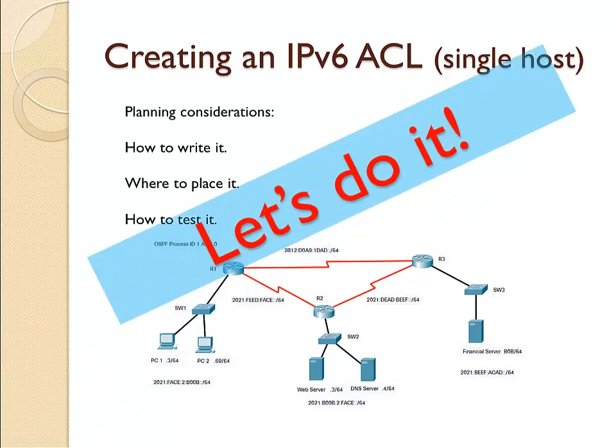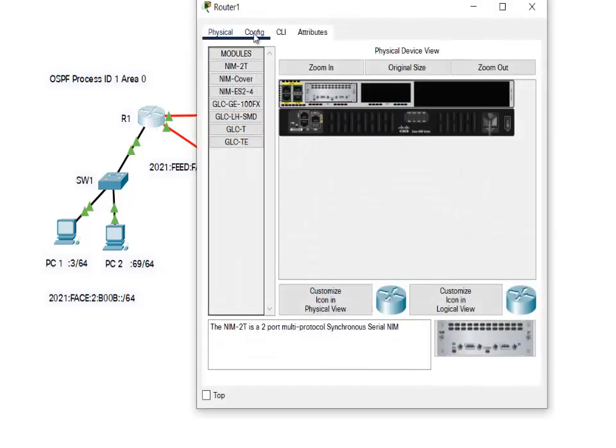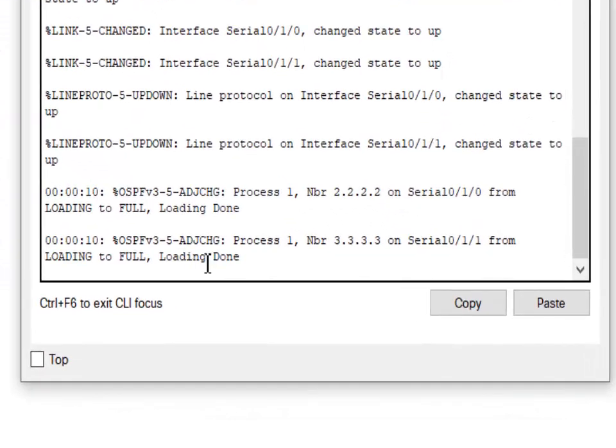Let's do it. Alright, we've moved into Packet Tracer. We can see I've got my network built. We're going to start in, and we're going to block PC2 from accessing the web server off of router 2. So we have to do our IPv6 access control list that will block HTTP but allow HTTPS only. So we're going to go into router 1, go to the CLI mode,